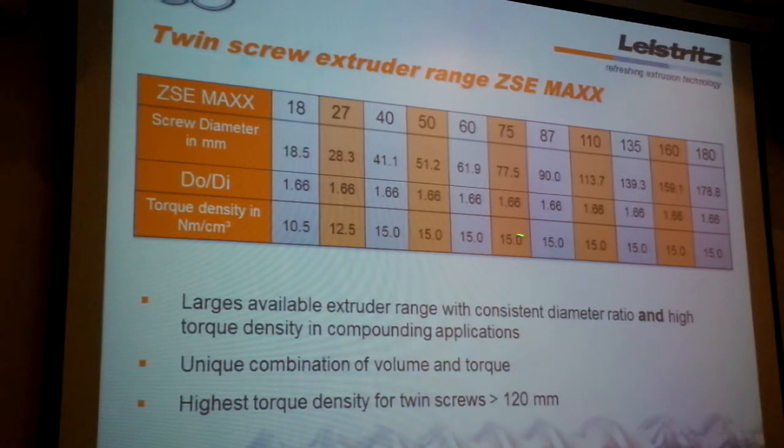Design of the ZSE Max machine, we have the same ratio inside the barrel screw section of 1.66. And at the same time, the torque density for the machine starting at 40 is all at 15, which means if you run a process at a smaller machine, like at a 40mm machine, and you want to know how much you can get for the same